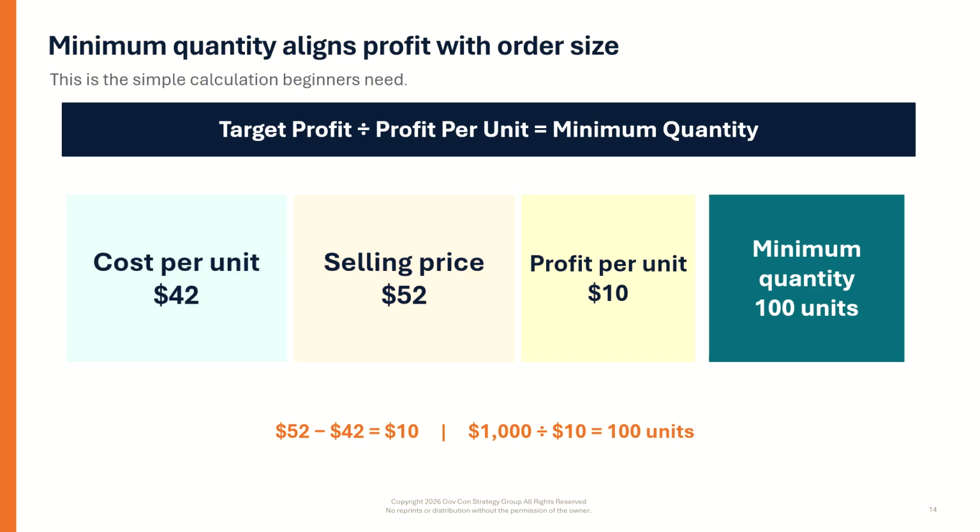Profit is important because it gives the business resources to grow and stabilize. Profit can help you hire people, buy equipment, invest in technology, build reserves, and prepare for larger contracts. But remember, profit is not where your salary or operating expenses come from. Salaries and operating expenses should already be included in your cost structure and built into your price. Profit is what remains after those costs are covered. It is the money that supports the growth, strength, and long-term stability of the company.